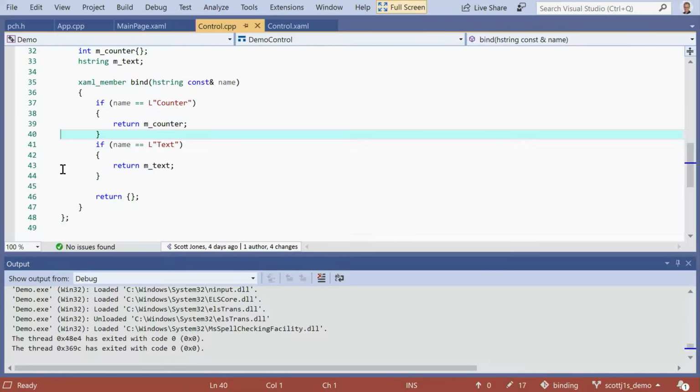It doesn't have to be a user control. It could just be a POD struct that you want to serve as a view model in your page. It doesn't have to live in the application. It can come from an external library. In fact, it could even be a projected C++ WinRT type, and as part of the projection, we will generate this XAML scaffolding for you.